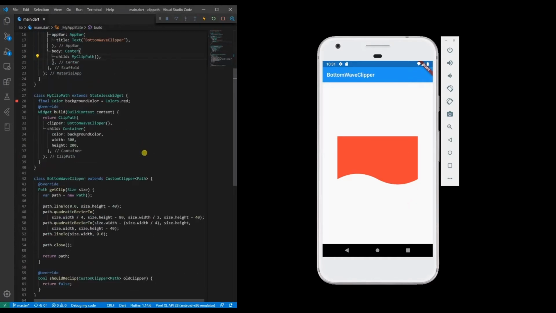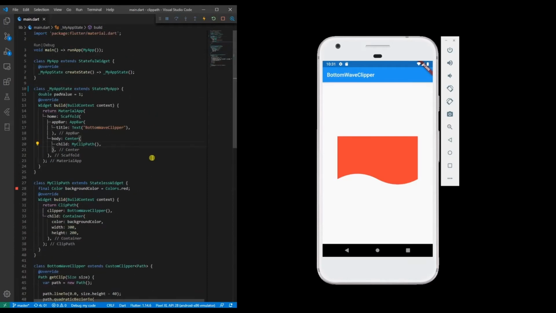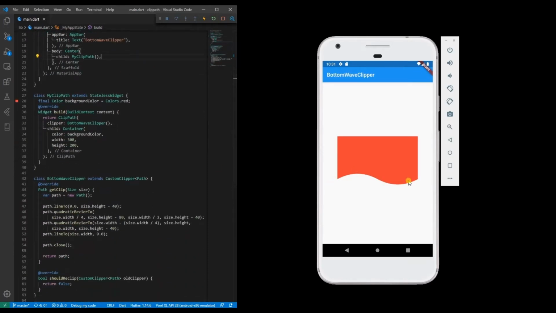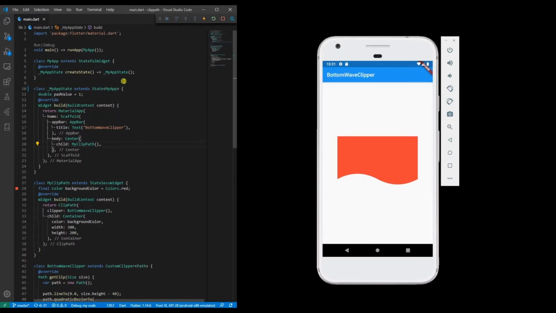So the code is already ready. What I felt is, instead of doing the coding, if I can actually show you how the curves get populated, how the points were picked up, that will be much more useful for this example. Let me quickly review the code here.